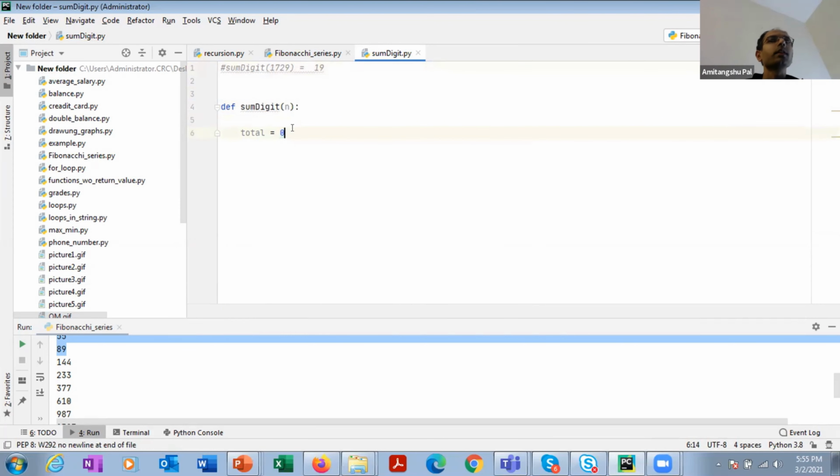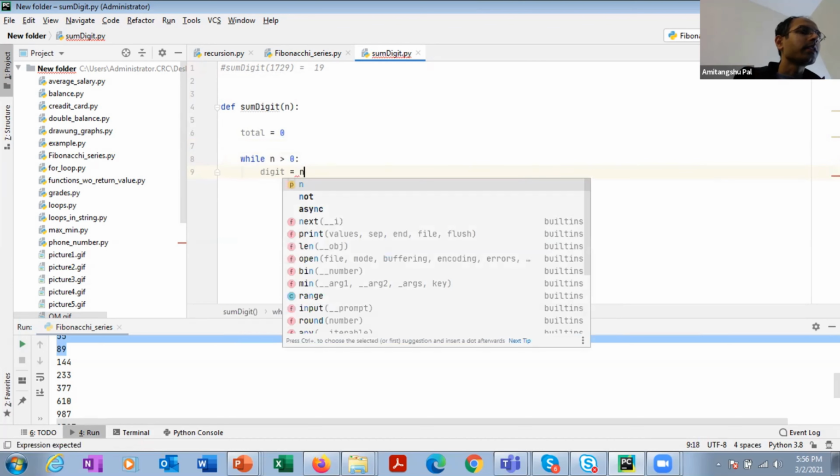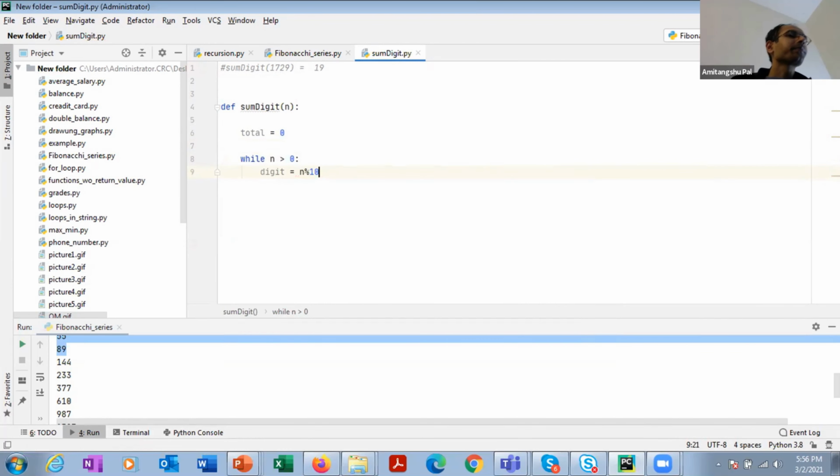Okay, so let's see what the logic is. While n greater than 0, I need to extract one of the digits, say digit equal to n mod 10. Okay, so when n equals 1729, n mod 10 is going to be equal to 9, right?